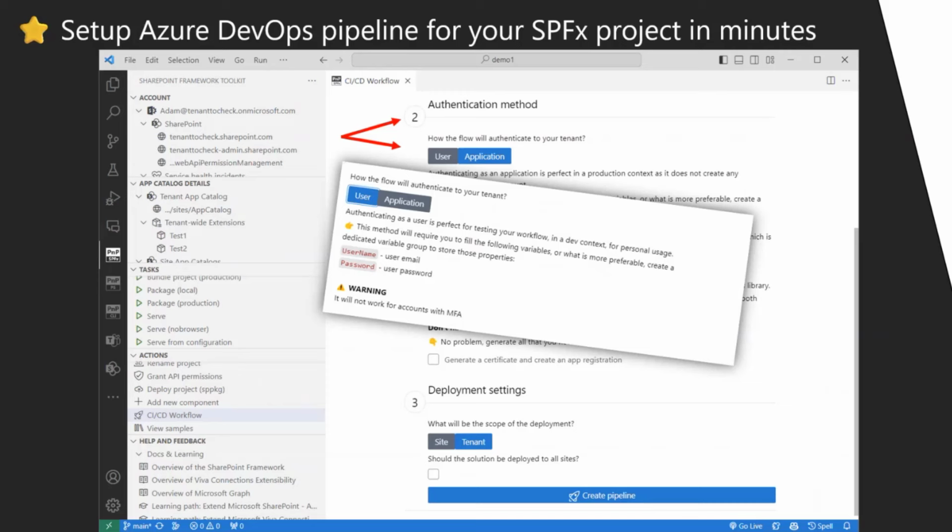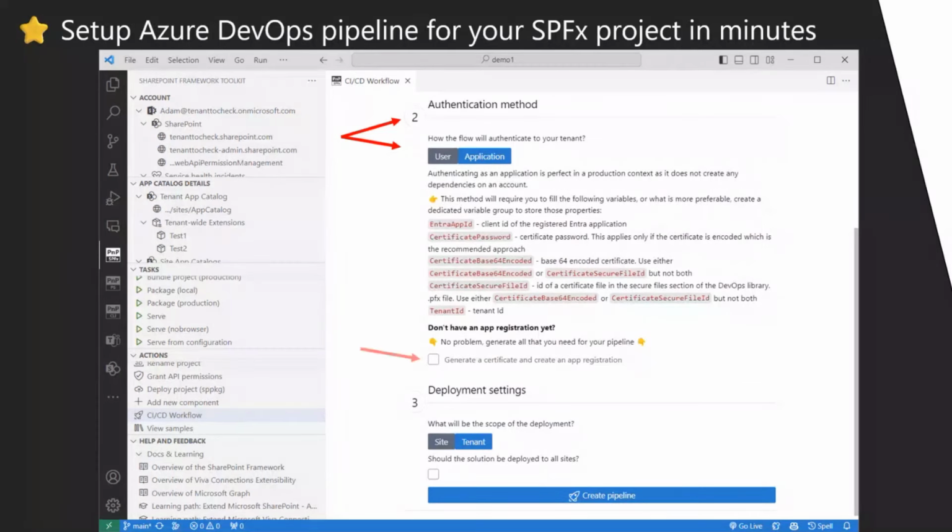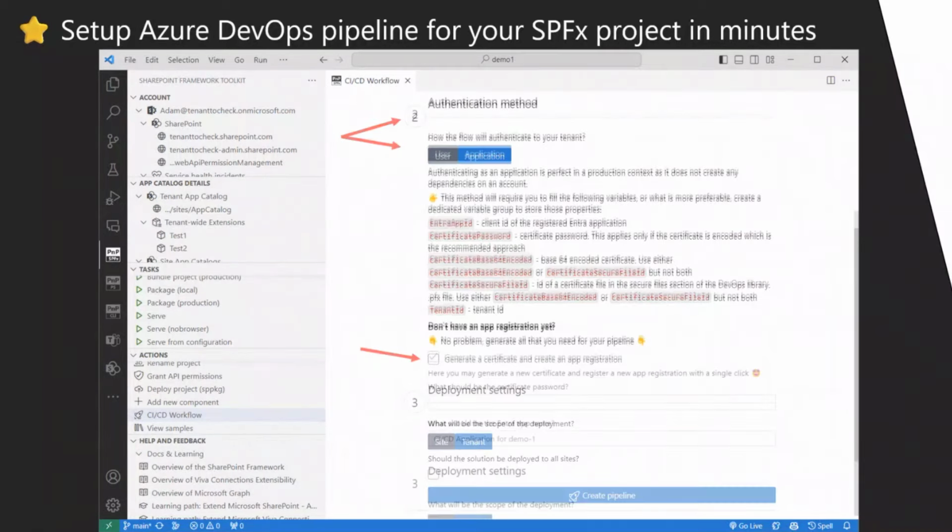It will only support if the user you will be using in your pipeline doesn't have MFA turned on. But basically, you should go with application, and if you don't have an application registry set up, check it out. You can do it basically directly from the form. So if you click on this, generate a certificate and create an app registration for me,